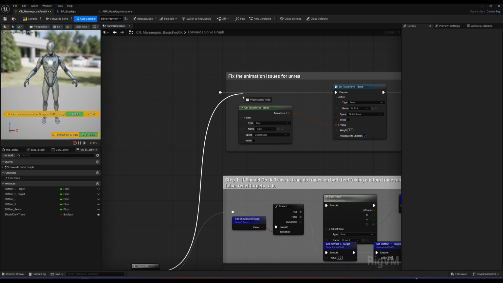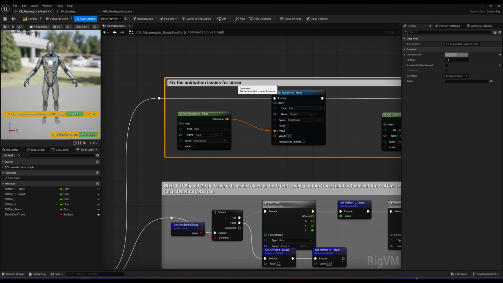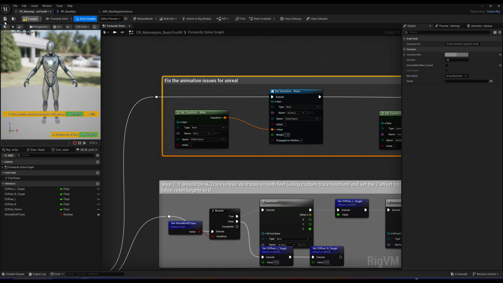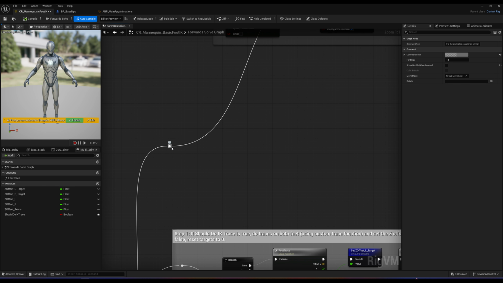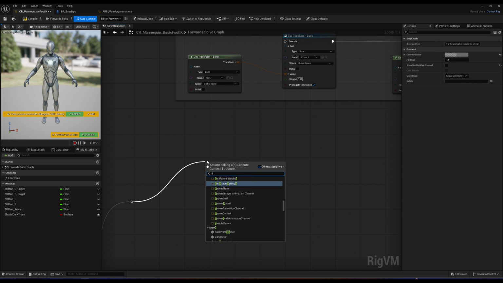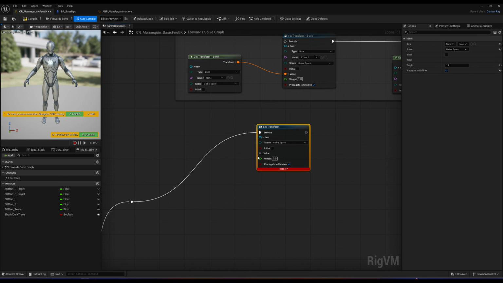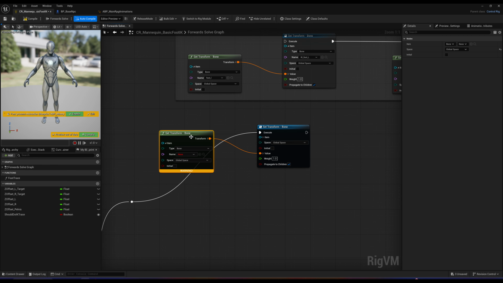On pin A, we're going to fix the animation issues for Unreal, right? What you have to do is something very simple. I'm going to do it again. I'm just going to unplug this. We need to call a node called Set Transform, right? From this Set Transform, on the value, we need to get the transform of the bone that we want, right? And here it's going to ask what bone you would like to follow. I want to look for foot R,